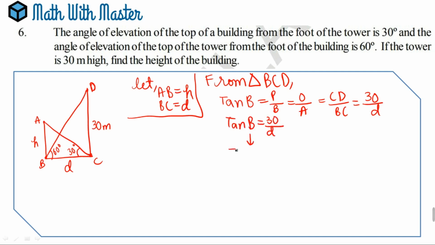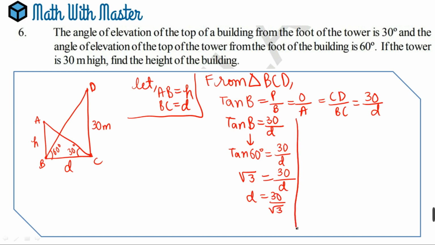So instead of B I can write the value of B, which is tan 60 degrees is equals to 30 upon D. Why have I written tan B is equals to tan 60 degrees? If tan B is equals to tan 60 degrees, then B must be equal to 60 degrees, and our B is equal to 60 degrees. So the value of tan 60 degrees is √3, which is equals to 30 upon D. So D is equals to 30 upon √3,